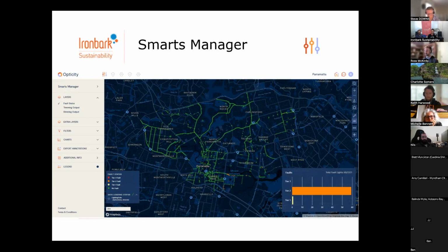So Parramatta's had at least a couple of complaints from residents since these lights went in, saying, look, the lighting level on our streets is too low. There's been some burglaries. We don't think the lighting is high enough, so they've been able to get into the system and tune those lights back up to compensate. So again, on this image here, the green dots,